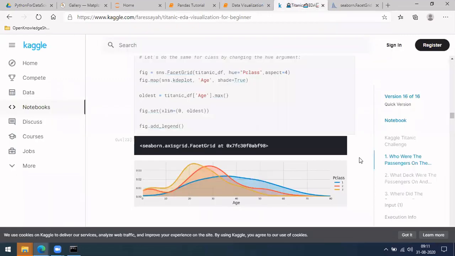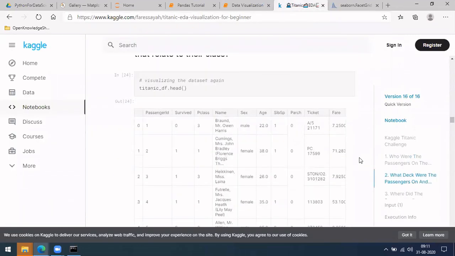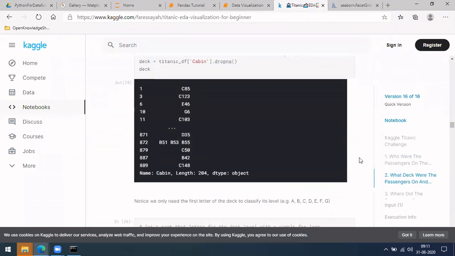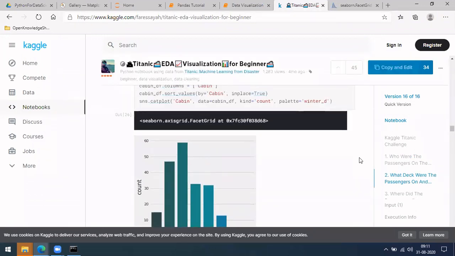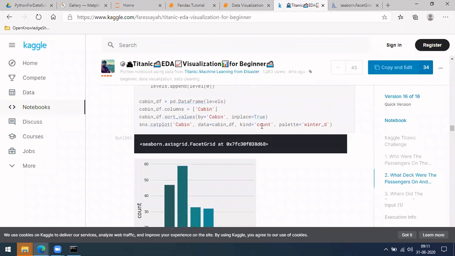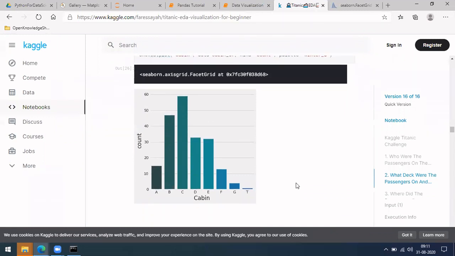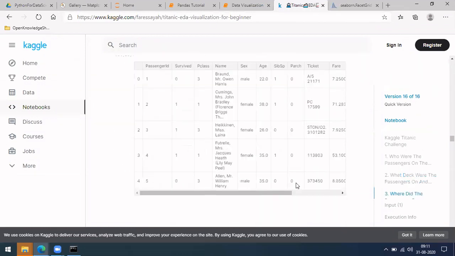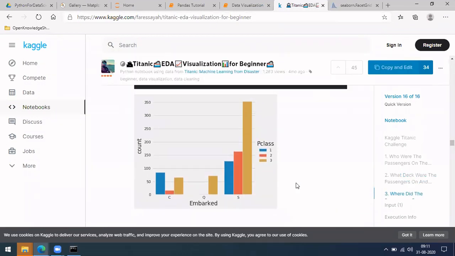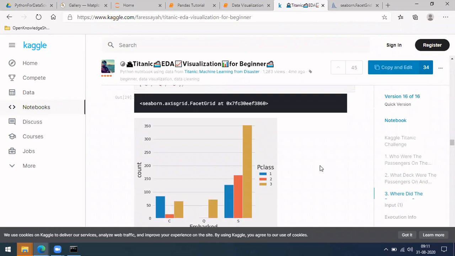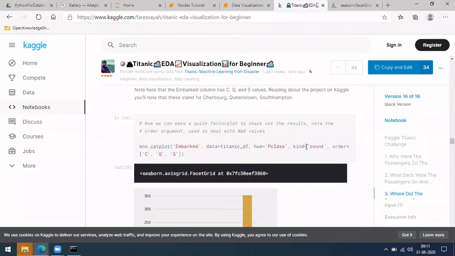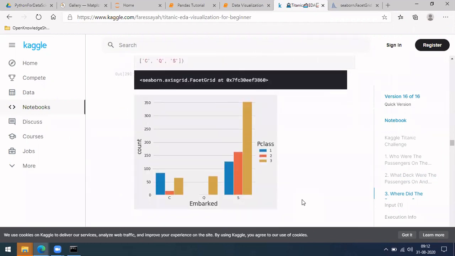Let's go fast, we are running out of time. So that is about this plot. The rest are a few other things, like count plot, which we have seen before. You can play with the palette to get different color combinations. We have seen this before too. If you do this using pclass, then you'll get this.